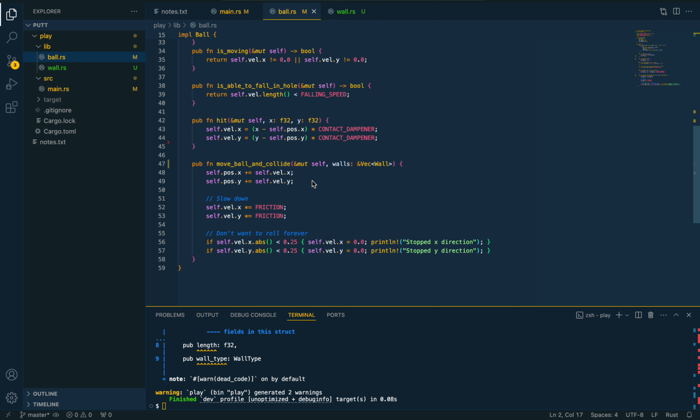Well, who needs to know that? Who needs to know if we're going to collide with the wall? Is that going to be the ball, or does the wall need to know? Where do we put this piece of code? Obviously, we put it in move ball and collide, but